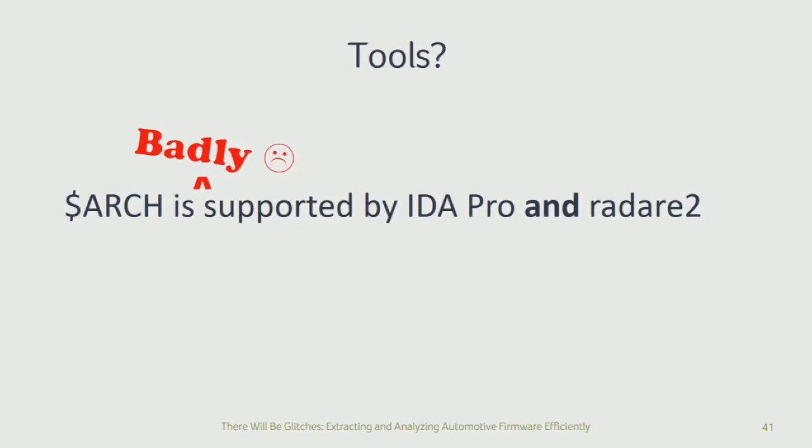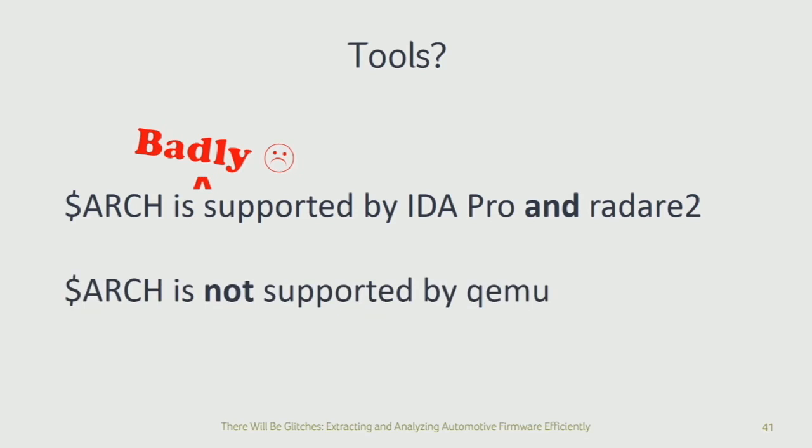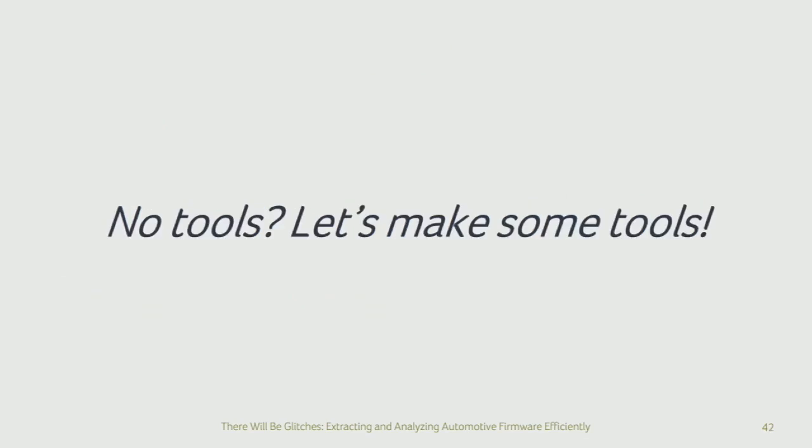Kind of a worse problem is we talked, okay, this is very complex. Static analysis is going to be a pain, but dynamic analysis should come to our rescue and let us get understanding quickly. Of course, this architecture is also not supported by any standard dynamic analysis tools. So if you don't have any tools, then what you do as a research engineer, you make some tools. So I'm going to quickly go through how we wrote an emulator to let us do dynamic analysis on this